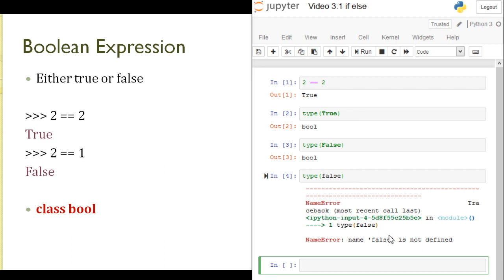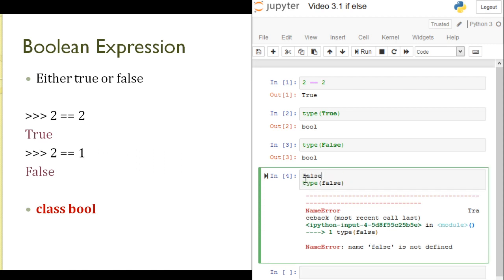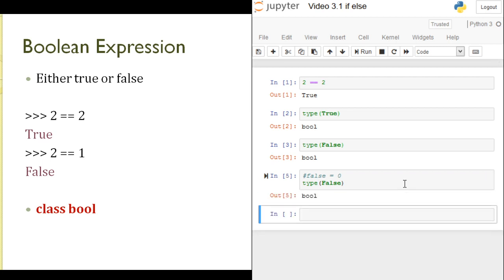So what do we need to do? We can say false is equal to 0, where I am treating false as a variable and assigning a value to it, or we can change it to capital F, and now the thing is okay. You can see it. Yes, that's okay. So the important thing about programming is how to deal with errors. First thing is to understand the meaning of this error, what the error is basically saying.